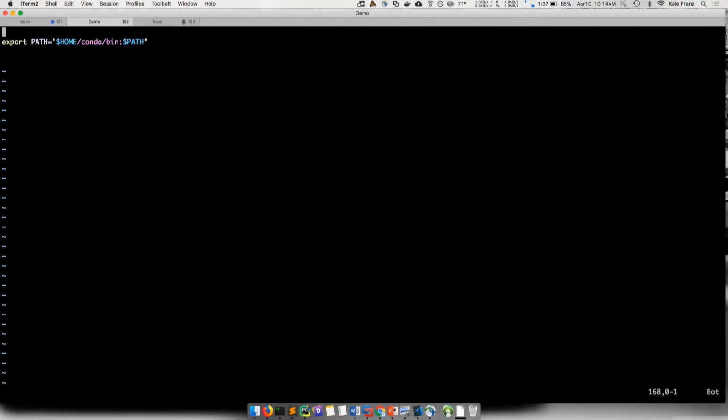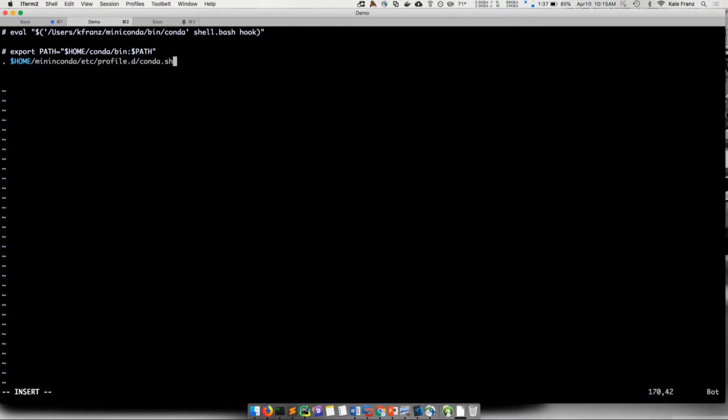And the installer, the constructor installer, doesn't do this yet, but our advice now, and we're going to change this on you again in 4.6 probably, and for the last time I promise, and we'll make it all easier. But our advice now is to source a file in your init. So we'll use the miniconda one. The file that we give you is this profile.d conda.sh. We tell you to do that, and this dot means source.